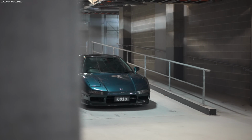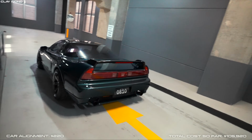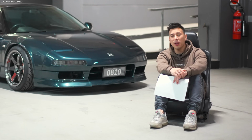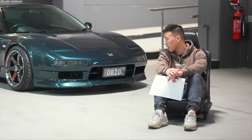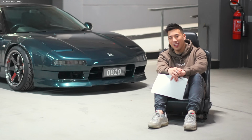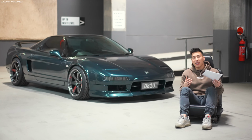I got a car alignment at Reservoir Tire Power, and that was $220. And guys, in total, I only put on about 3,000 kilometers on this car. Yeah, it's probably not what you thought I had done on the NSX in terms of me driving it and loving it. It just got to the point where I went from loving driving the car to enjoying just looking